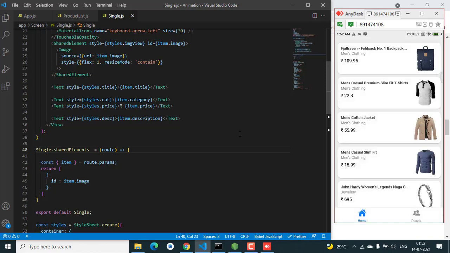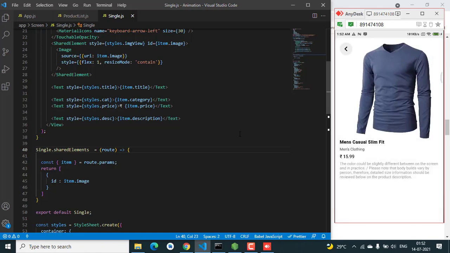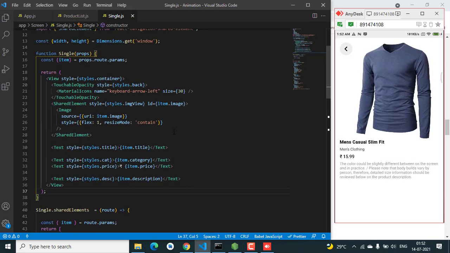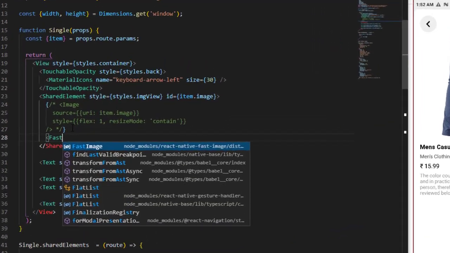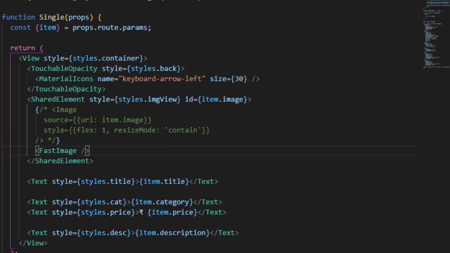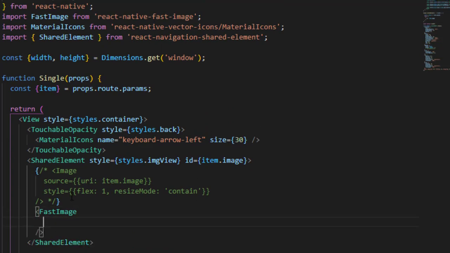The image is disappearing, and after a second it's coming back. For that issue, we just need to change the Image tag to FastImage. If we use FastImage instead of this, it will solve our issue.